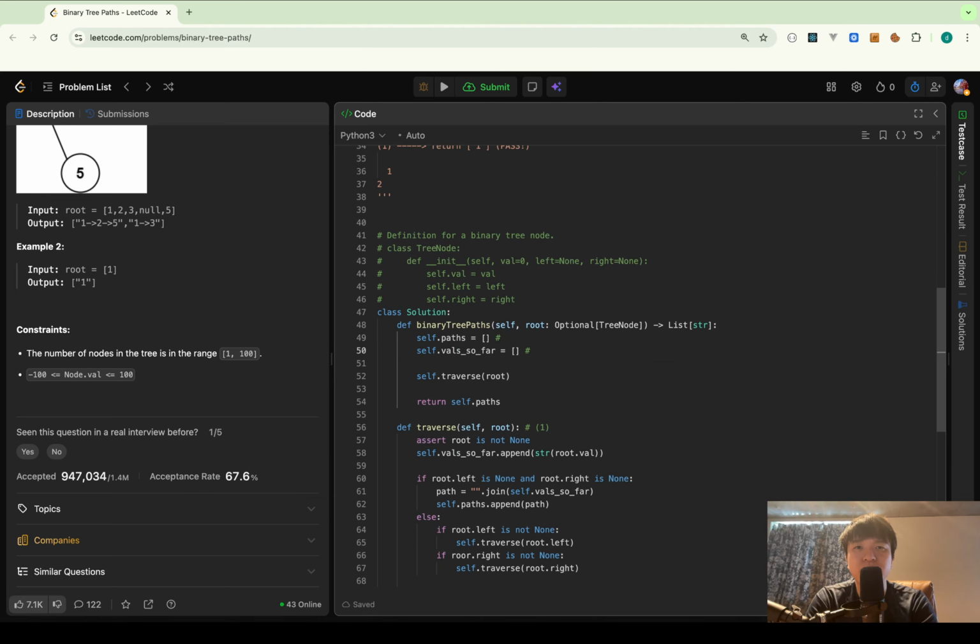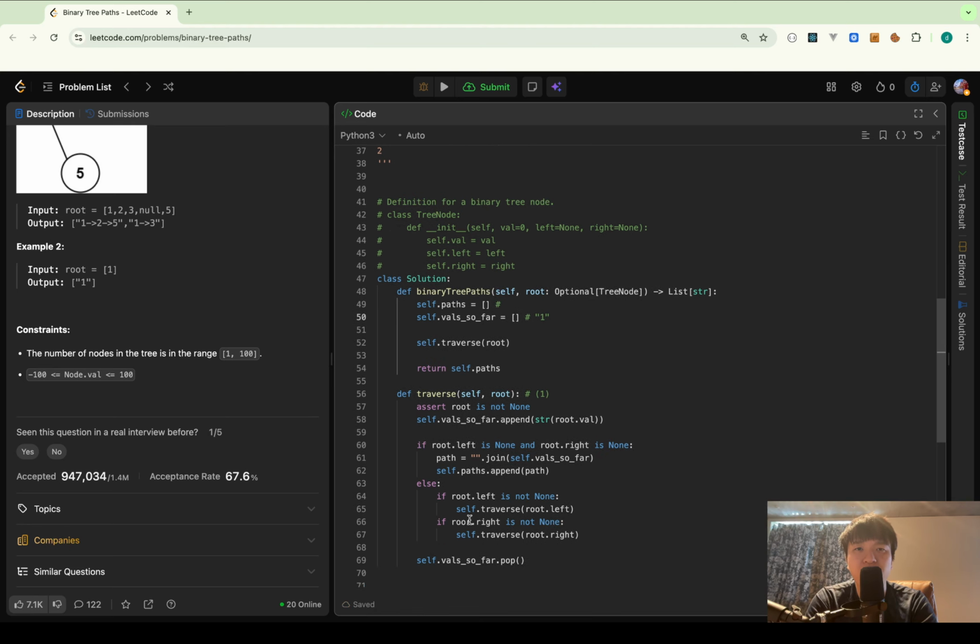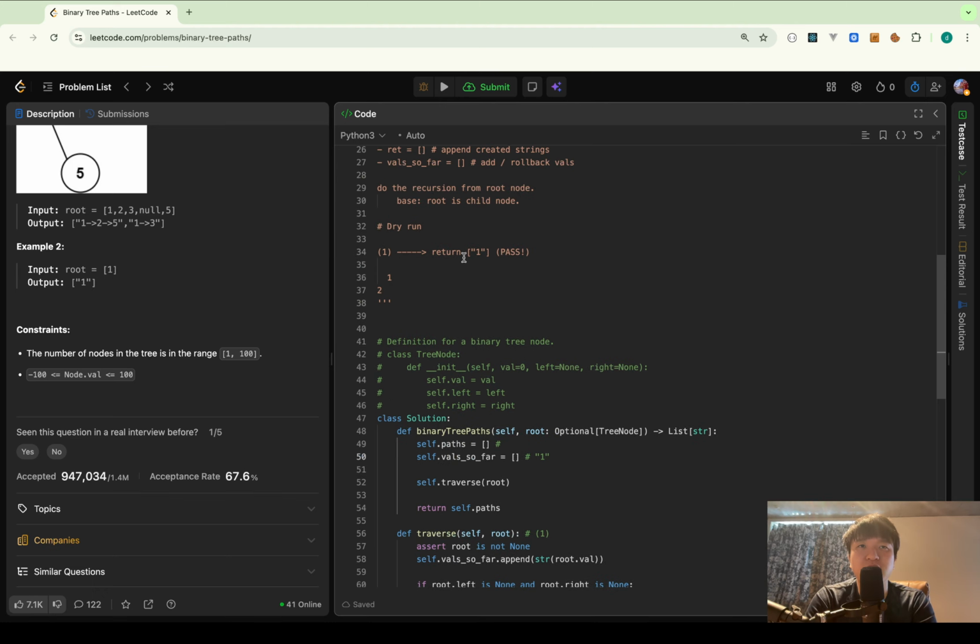And sorry, I append 1 to var software. And here in line 60, because root.left is not none, I go to line 64. And in line 64, this is true. So self.traverse root.left, which is